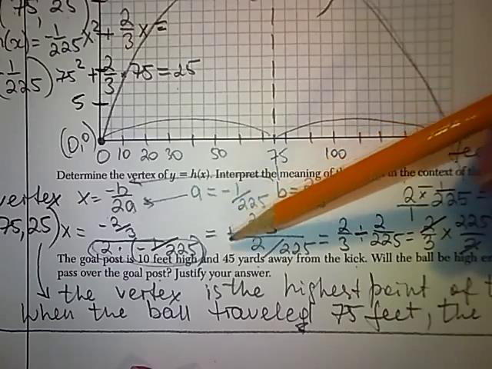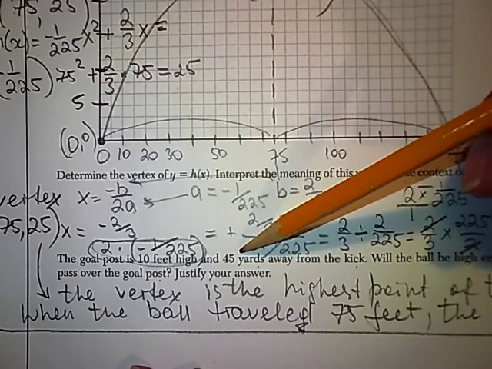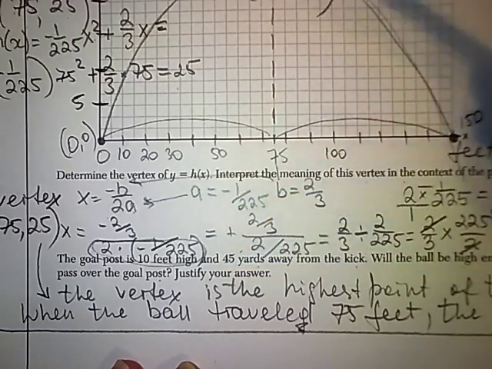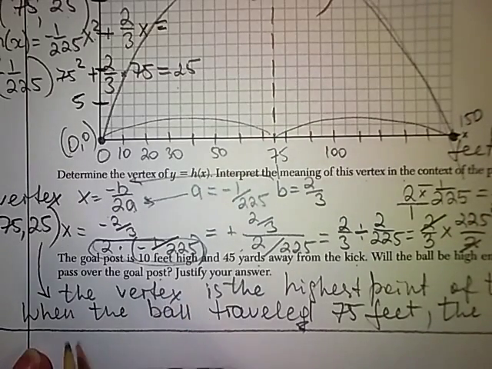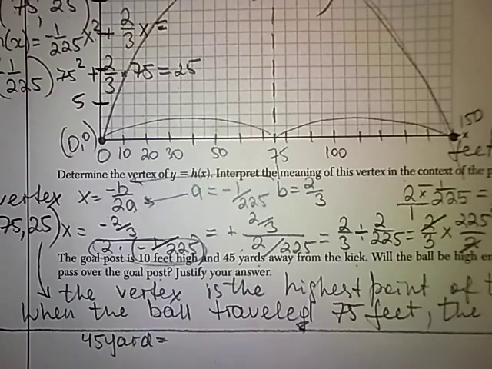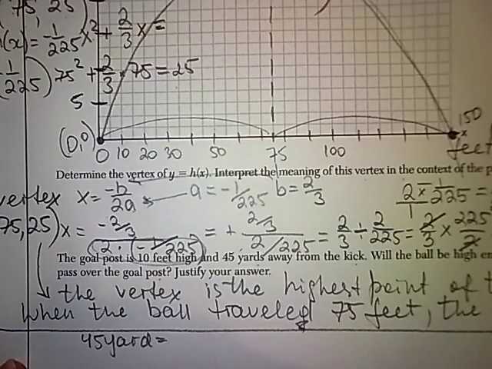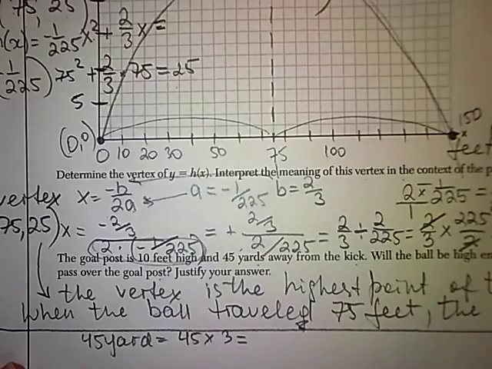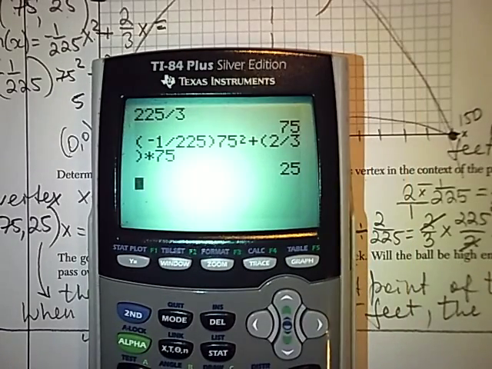So now we need to convert 45 yards into feet. To convert yards to feet, I need to multiply by 3, because each yard contains 3 feet. 45 times 3 is 135